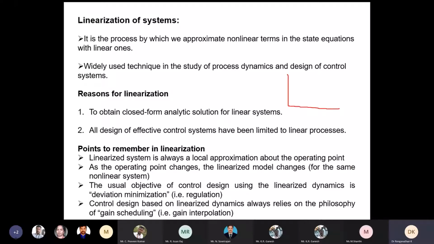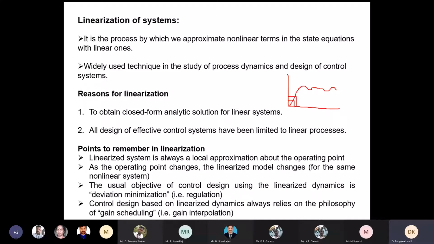If I have a non-linear curve, a non-linear system like this, then obviously what we are going to do is choose the region or the point at which we obtain the linearization. If I consider this to be a linearized part, then I put my operating point in this region alone, and then I do the linearization. For this point again I do the linearization. So we do the linearization at different steps, and we identify the output so that we are considering only the